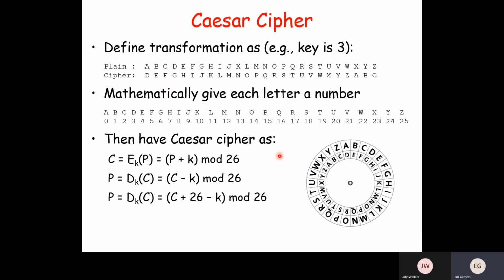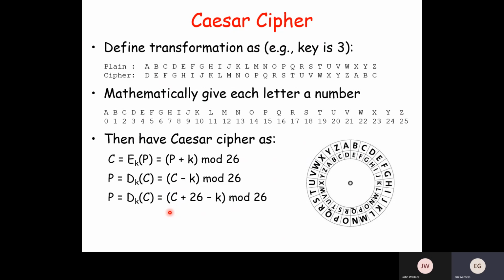If we want to put that in a computer, we can do the following. We can assign to each letter an integer. For example, A will be 0, B will be 1, C will be 2, up to Z, which is 25. And we will have this formula. This formula will be to encrypt. And these two formulas, I can use any of the two, will be to decrypt.